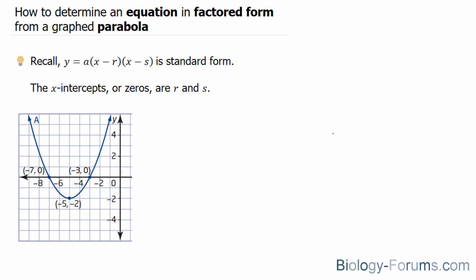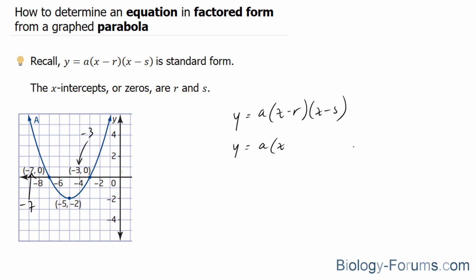Let's get started. First, let's apply what we have into our equation. Y is equal to A(x - R)(x - S). Now notice that the x-intercept of this root is -7, and the x-intercept of this root is -3. So what we're going to do is replace the R and the S with -7 and -3. Y is equal to A(x